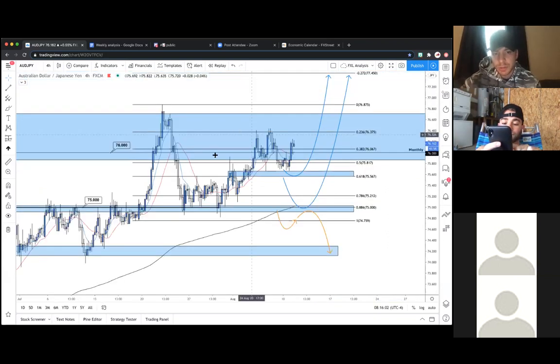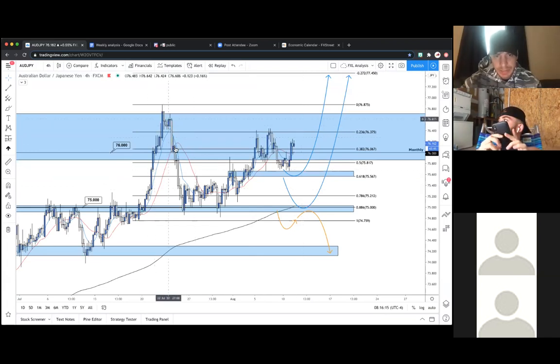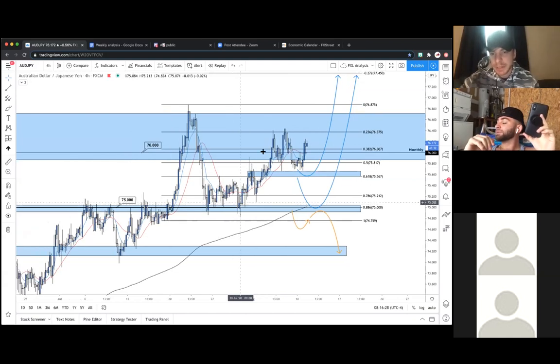So usually once price action reaches a huge level, you want to see a quick reversal or some sort of rejection like this. See, price action rallies into the zone very quickly and then reverses very quickly. If price action is holding in this area, that means the bulls are very strong. All the bears that would be sitting in this monthly are kind of being absorbed. It's consolidating. They're not pushing price action. So this is looking very, very bullish, and this is a good sign that it's holding in this area.